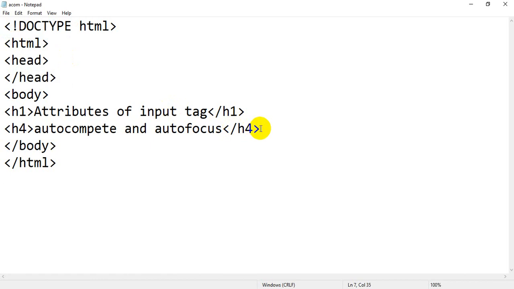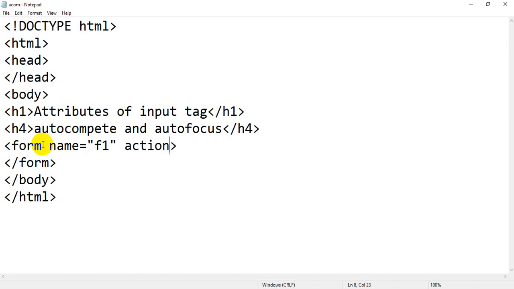Now add one form. I will add the form by using the opening form tag, then the closing form tag. Inside that form tag I will add some attributes like name equals to, you can assign f1, then action. What is the use of action?